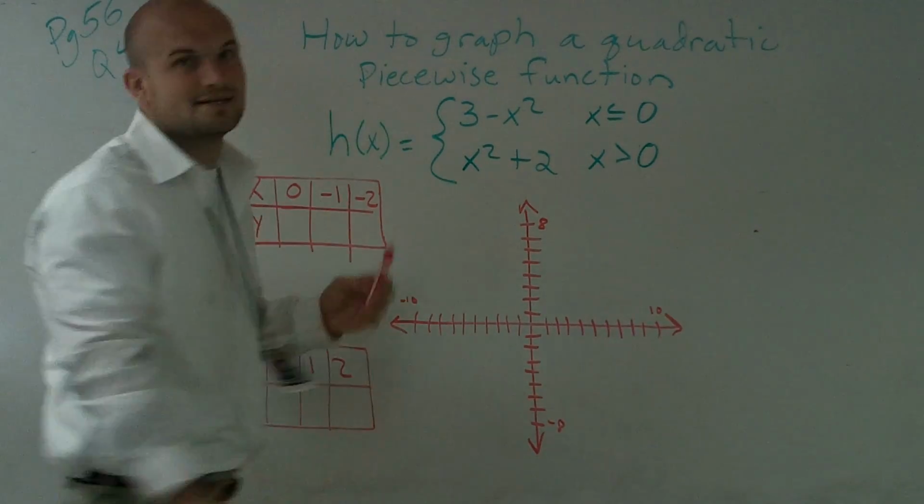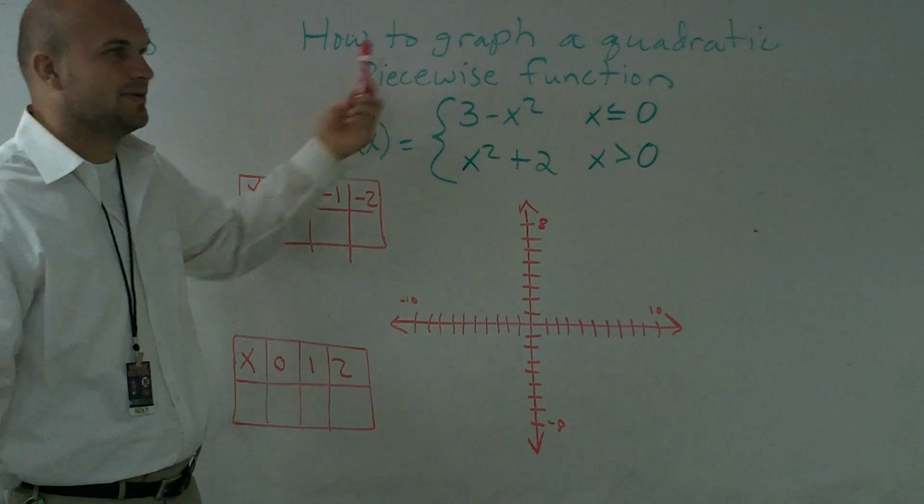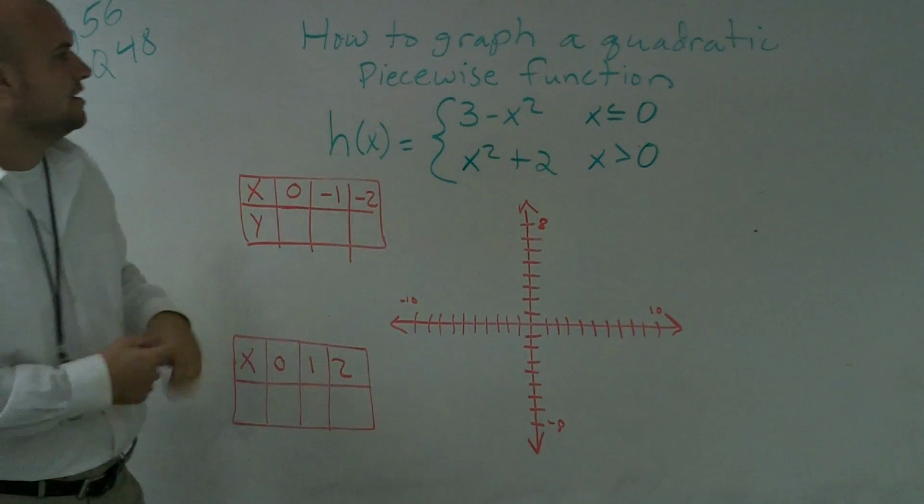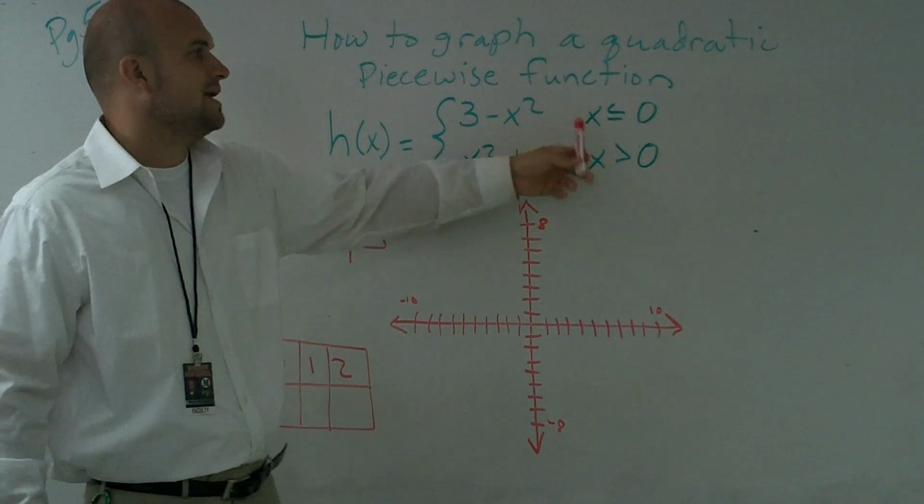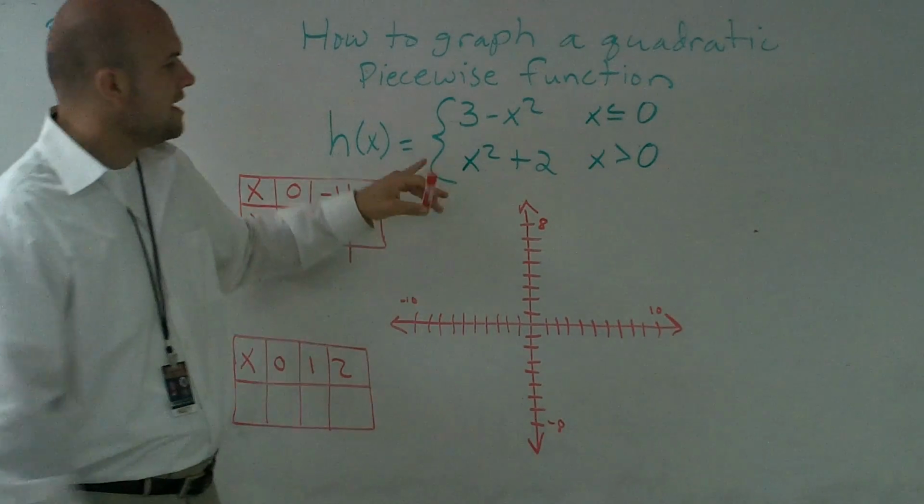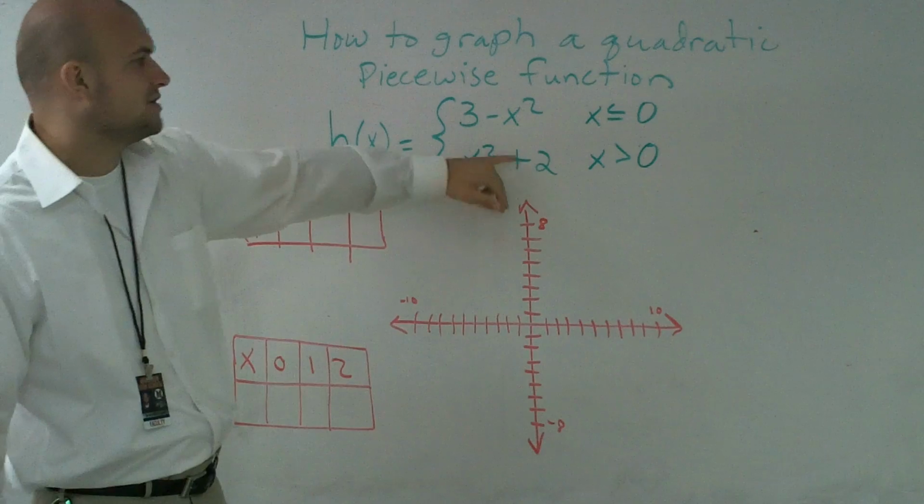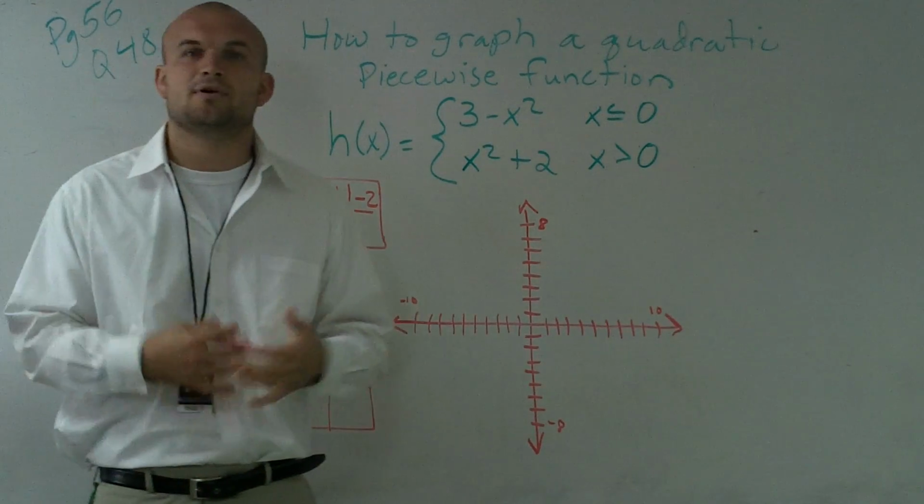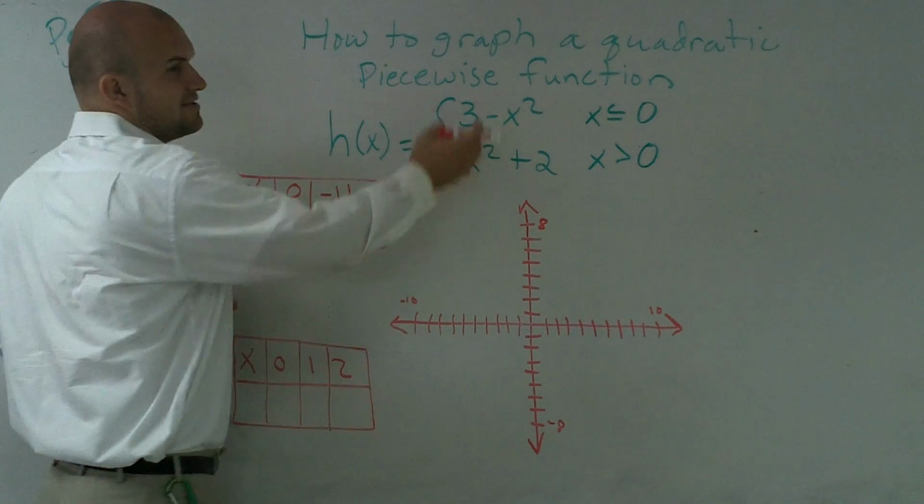All right, what I'd like to show you guys is how to go ahead and graph a quadratic piecewise function. My function is h of x, where I have 3 minus x squared when x is less than or equal to 0. And my other part is x squared plus 2 with my constraint of x is greater than 0. The main important thing I want you guys to remember of a piecewise function is it's a function when we